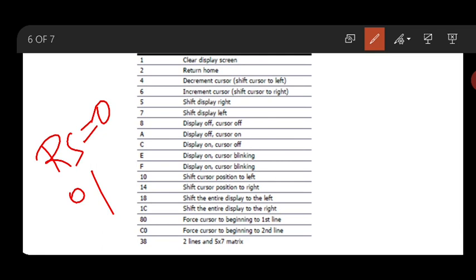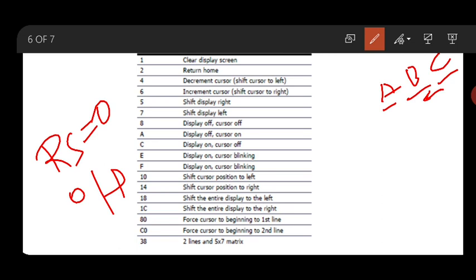If the command is 2, it returns the cursor to home. If the command is 4, it decrements the cursor, shifting it to the left. Assume we display A, B, C; the cursor is at position C. If I send command 4, it will decrement, meaning the cursor shifts to the left side. I hope you understood: you sent the command 4.